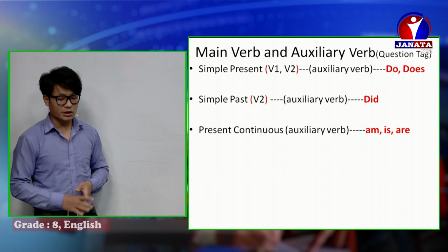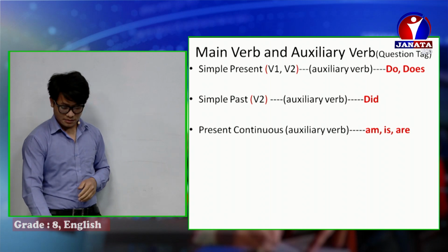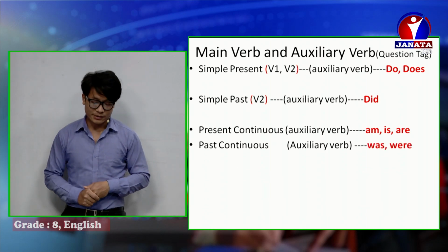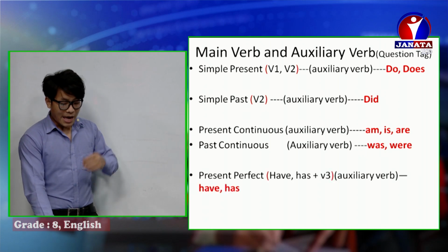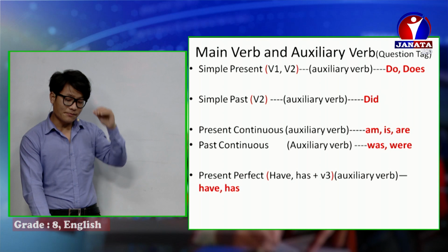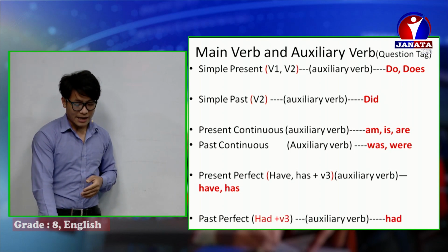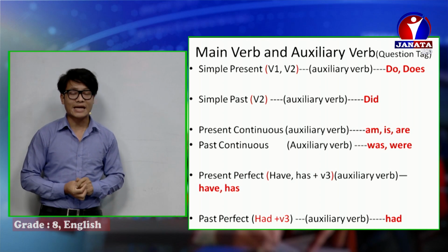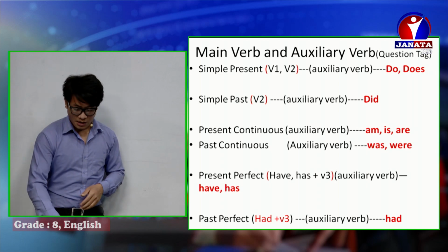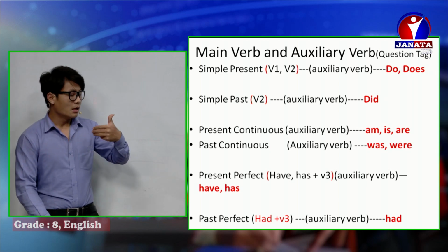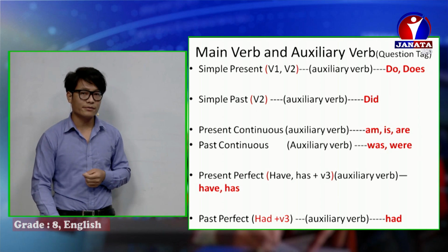And present continuous: obviously, the auxiliary verbs are am, is, are. Past continuous: its auxiliary verbs are was, were, remember. And present perfect has have and has as auxiliary verbs, and past perfect has had as the auxiliary verb. So you need to know this very well. After completion of how to change the noun into a pronoun and verbs and their auxiliary verbs, now it's time